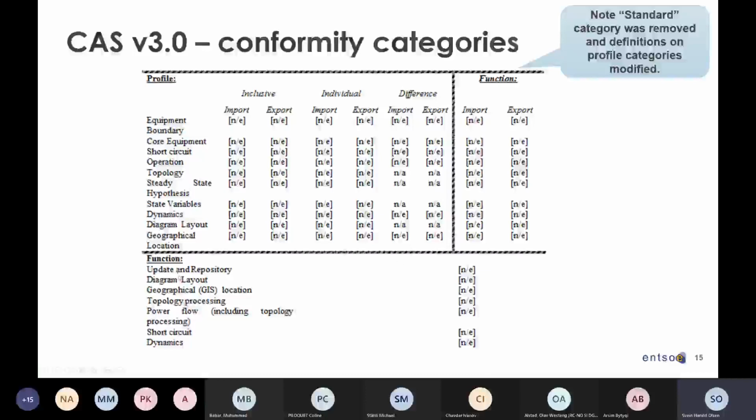Then you have the function for the other one, where we haven't made any changes. We made some changes that I will tell you about later, but in general you have this. So this is the overall template for doing the self-assessment, to make the statement for what the tool supports.